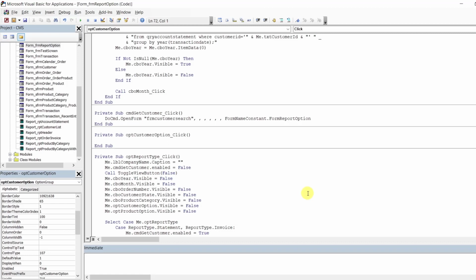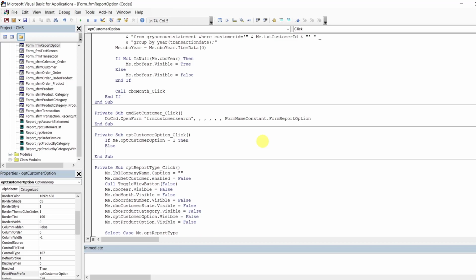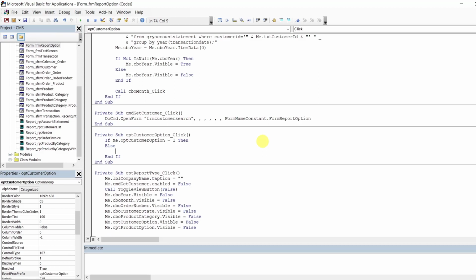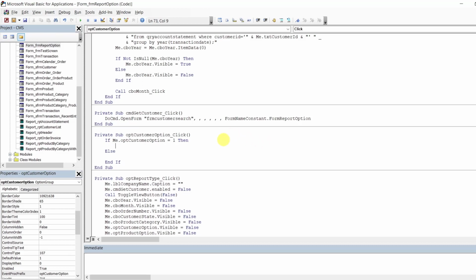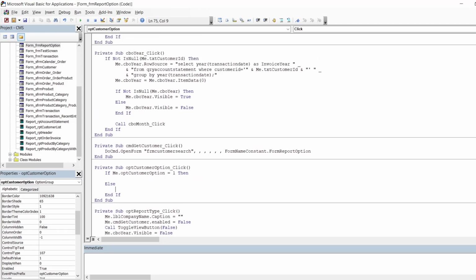So now we can say if the option customer equals 1, that means all, else is state, or is category. Alright, so here in the category we can say